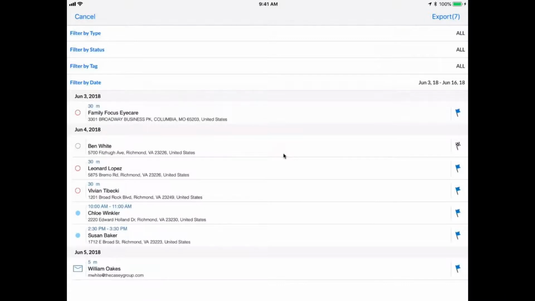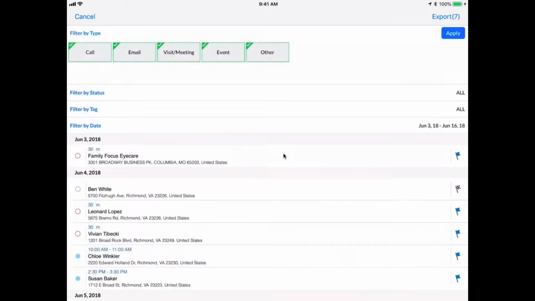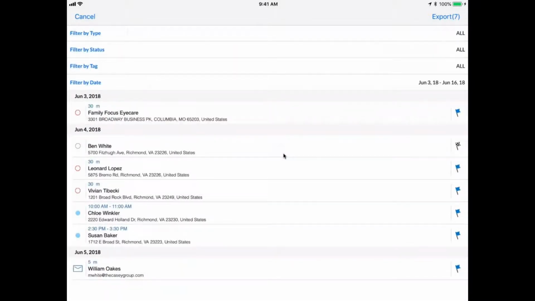Okay, so I just tapped the share icon from the planned activities list, and you can export all of your activities or place filters on the export to drill down to exactly what data you want to have in your report. So for example, filter by type, I tap on it. Our activities have different types that they're listed under, such as the visit/meeting, which would be those drop-in visits, calls, emails, events, or others. So I can pick just by tapping on or off which activities I want to include in my report. I'll include all. Simply remember on the right side, you just have to tap apply once you set the filter.